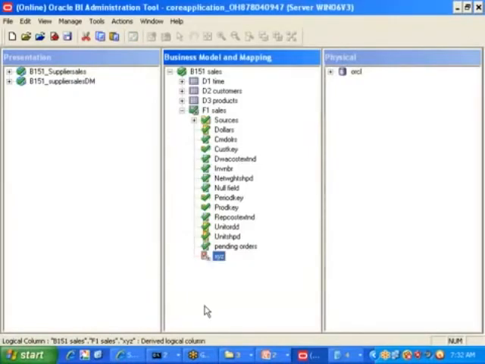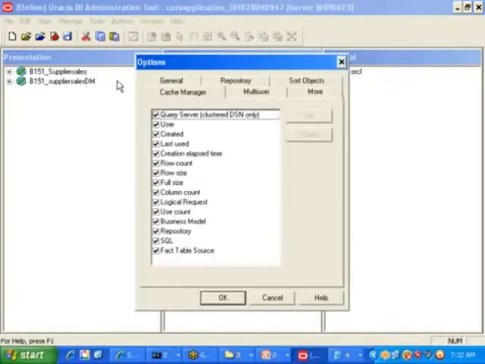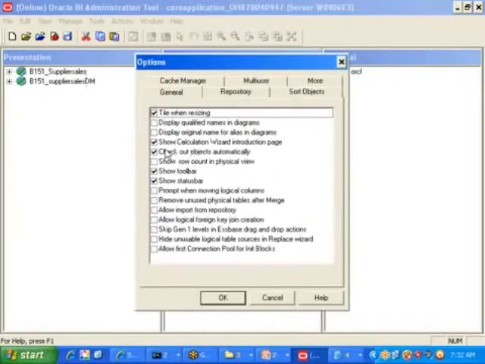Click on OK. Now, did you observe or not? Automatically, some check mark came, right? That check mark means objects are checked out. The reason it is automatically checking out is that I have one option in tools, options, general. There I have the option, check out objects automatically. This option is enabled. That is the reason it is checking out.